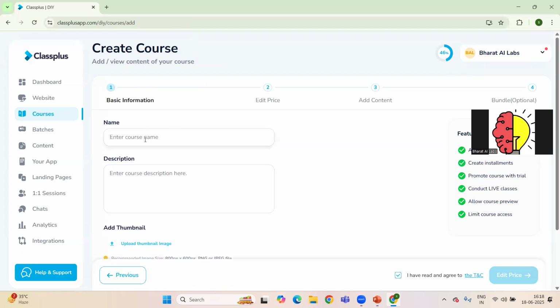But before that, I'm taking one example, a robotics course. And even we can add a small description also, to learn code. And then we need to add one thumbnail image.